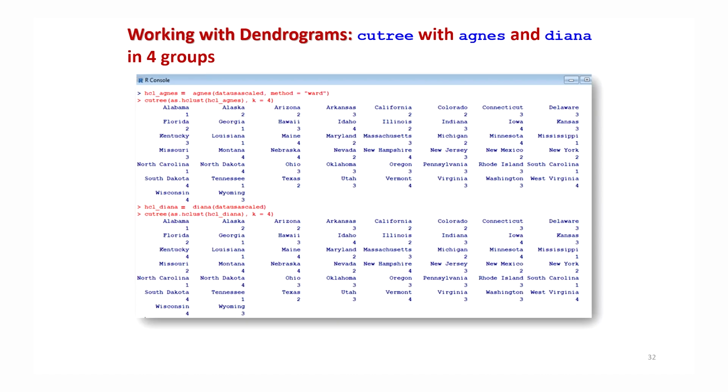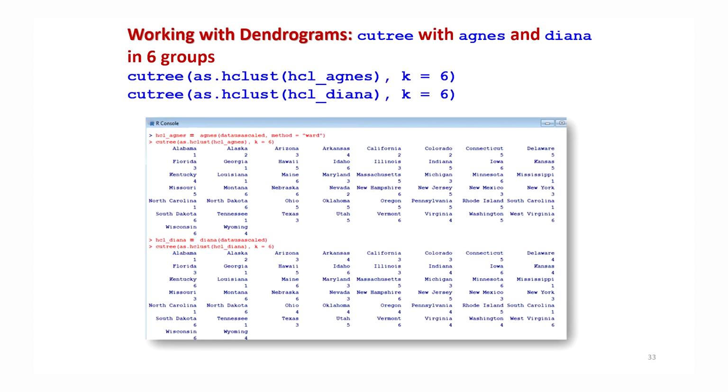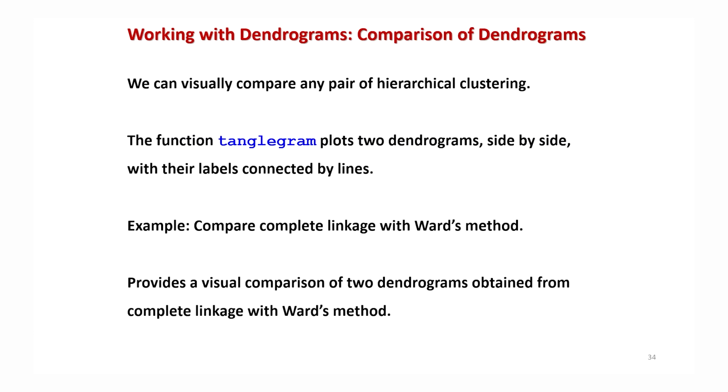And if you try to see here, this will be the screenshot, but if you compare, you can see that they are not actually the same. They are giving you different values. For example, California was in cluster number 2, now it is in cluster number 3. So the use of Agnes and Diana gives different results. But this is what you have to practice, and you have to understand what is really happening. I can only give you the basic fundamentals of what will happen, right?